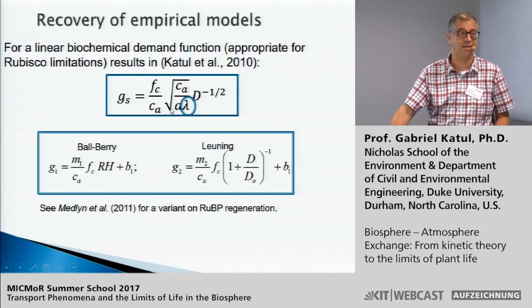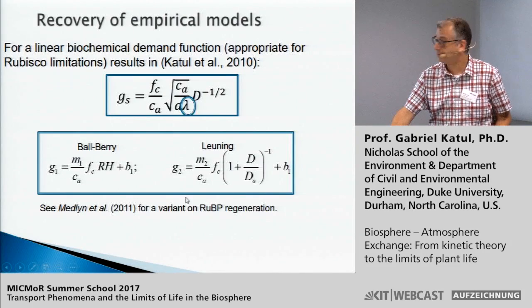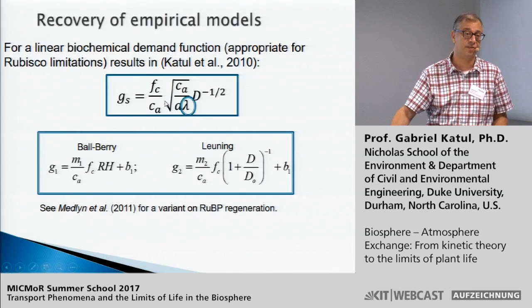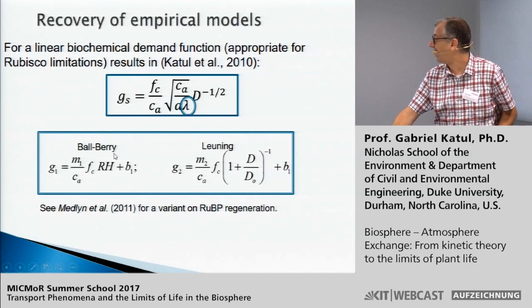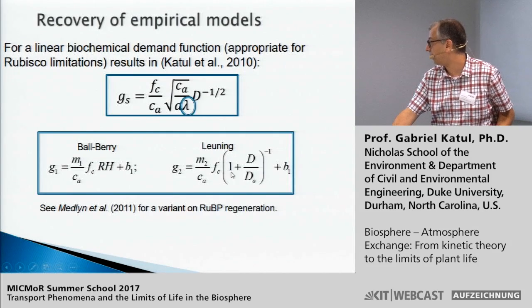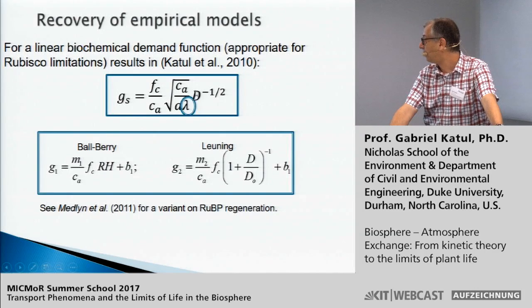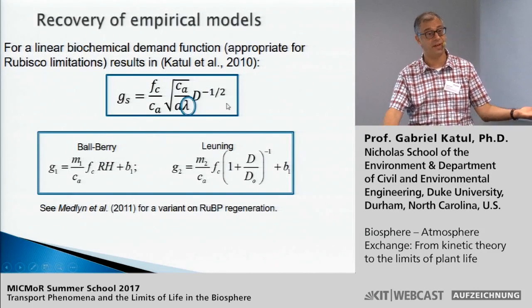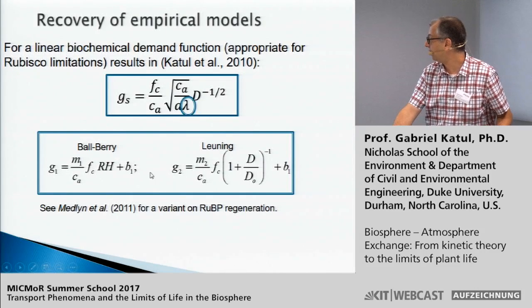This looks exactly like the equations of Ball and Berry and Leuning, except that now the linearity of Fc over Ca emerges or comes out of the optimization. It's not a priori assumed. The aridity index that we have been looking at, relative humidity or vapor pressure deficit, that was set in an ad hoc way by Ball, Berry, or Leuning, turns out to be D to the -1/2 from stomatal optimization theories. So these are all predictions that were made and can be compared, in fact, to these equations.